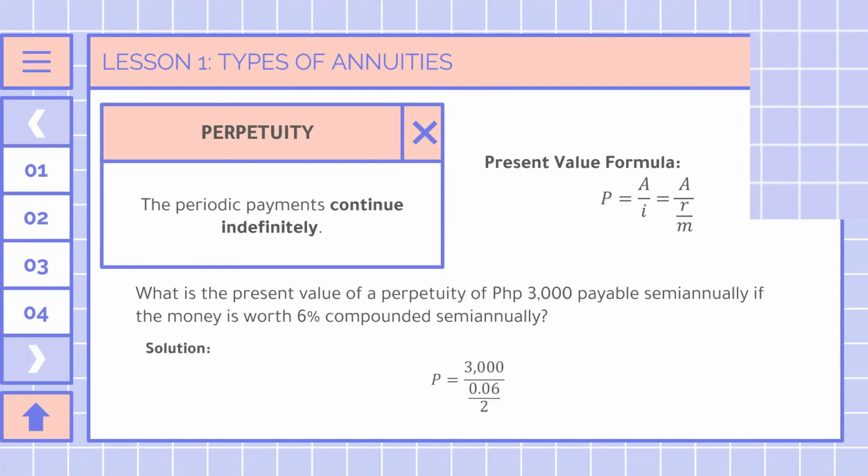So for the solution, we'll first get P, in which A is equal to 3,000, then R is equal to 6%, or the decimal form in which it is 0.06, and it is compounded semi-annually. So it is semi. So from the word itself, M is equal to 2. Then we will yield a value of P is equal to 1,000